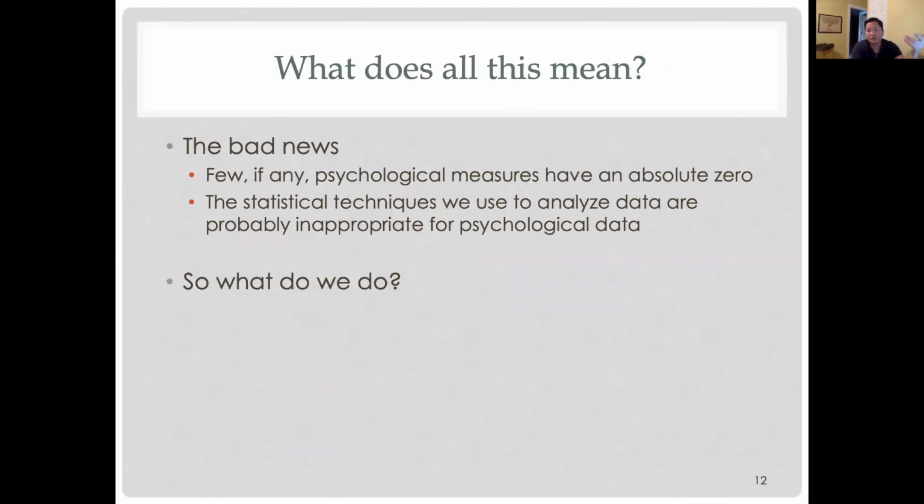Which is arguably a problem. The hardcore statisticians would say our behavioral data, not just in psychology, but in social sciences in general, isn't really interval and certainly isn't ratio. So it's probably inappropriate for a lot of the tests we do. I would counter argue, who cares, essentially? It's not perfect, but it's the best measurement we have, and we are able to draw strong inferences from good experimental design and things like that in order to use this information.